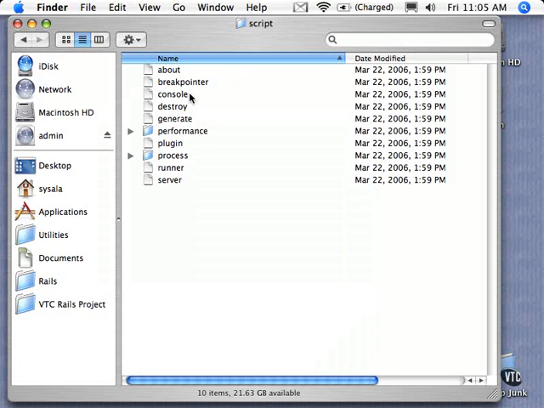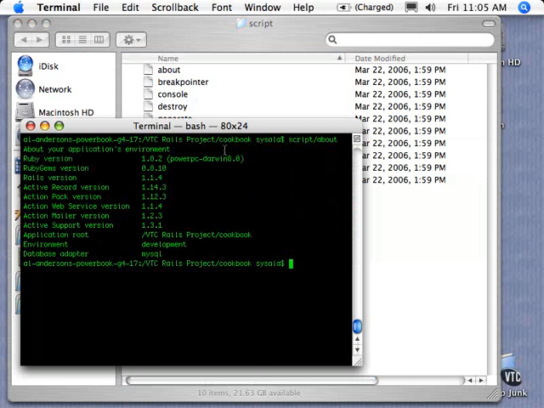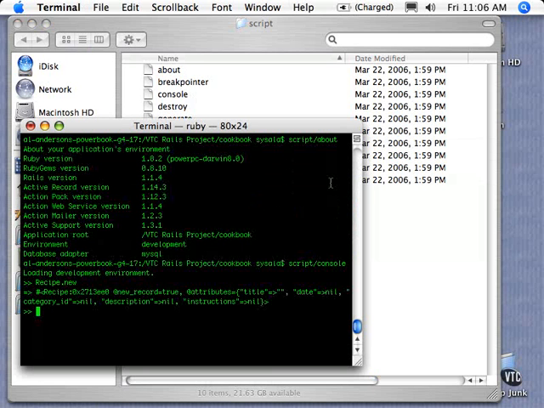The console is where you can actually start your Rails application and interact with that Rails application as if you were a web browser. So if we say script console, it actually starts our application, not where we're hitting it with a web browser, but where we can say new recipe or something along those lines. And so there I just generated a new recipe and I can manipulate it around. This allows me to test my various methods and classes